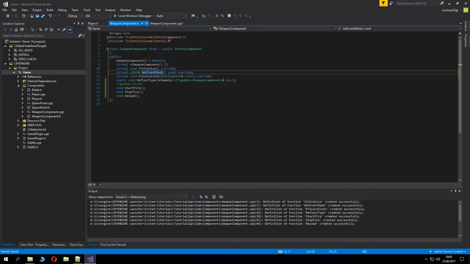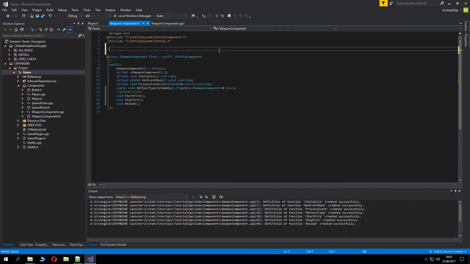Okay, this video is just about creating components, so I'm gonna give you something else, something really cool. Look at this. We go here. Let's say you want to have the weapon recoil and, you know, the shooting speed. So let's do